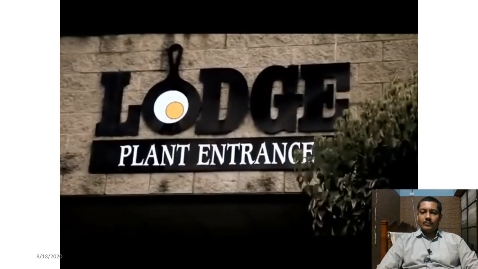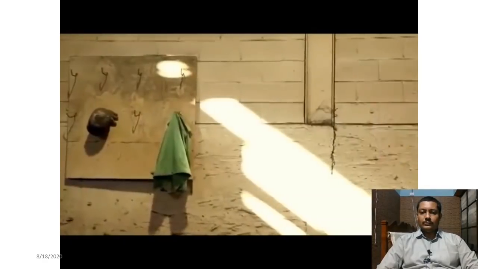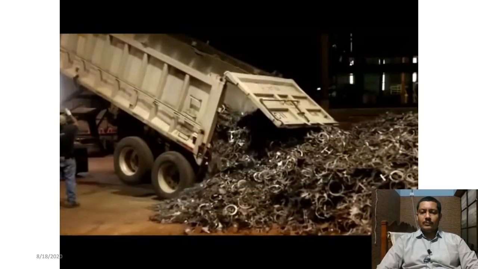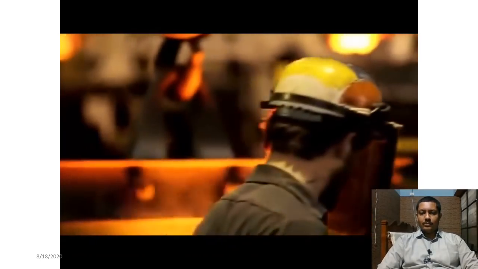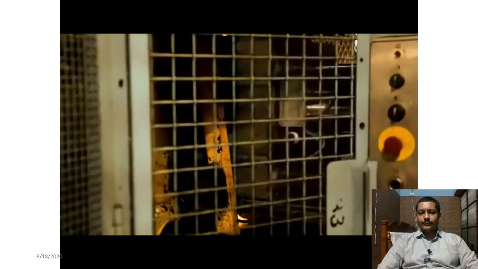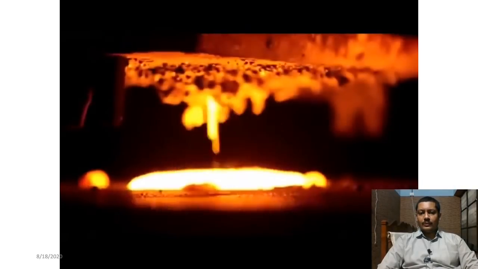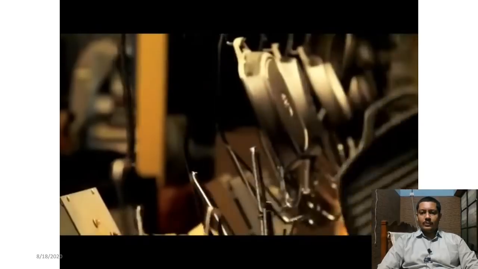This is Lodge Cast Iron. We're the only place in the country that still makes cast iron cookware, and we've been at it for over 114 years. Unlike other cookware, cast iron only gets better with age. But before you start cooking, we've got a lot of hard work to do.